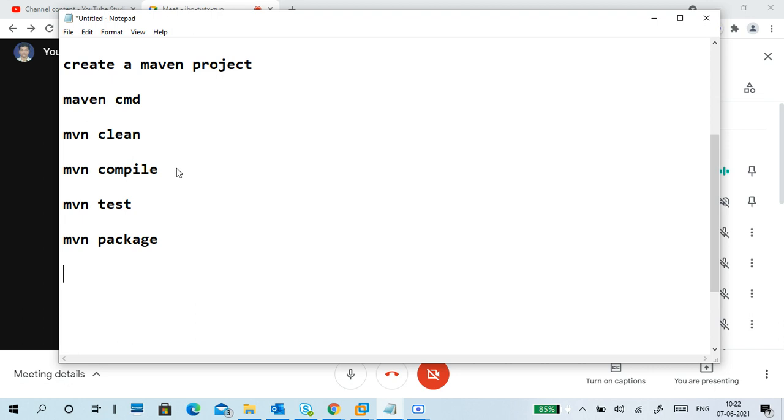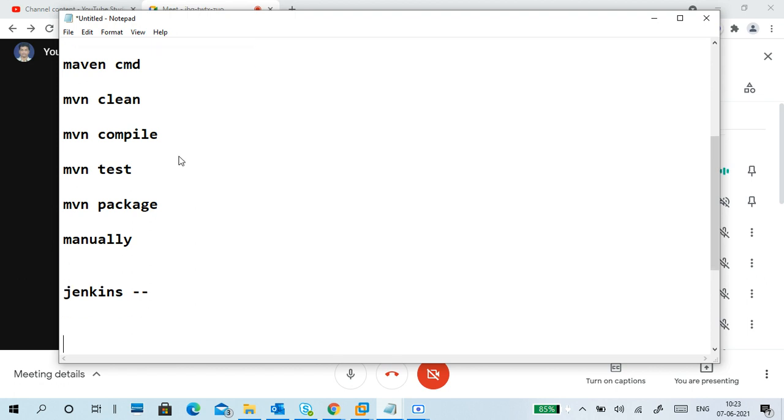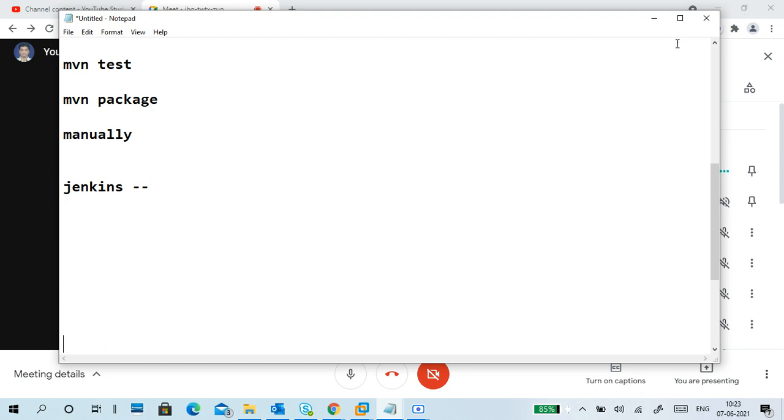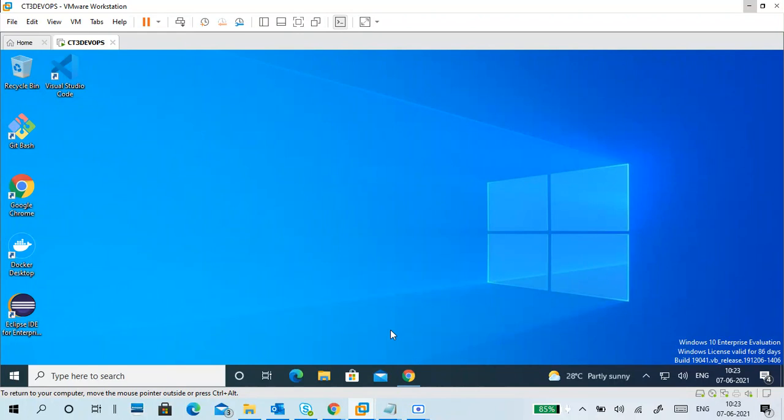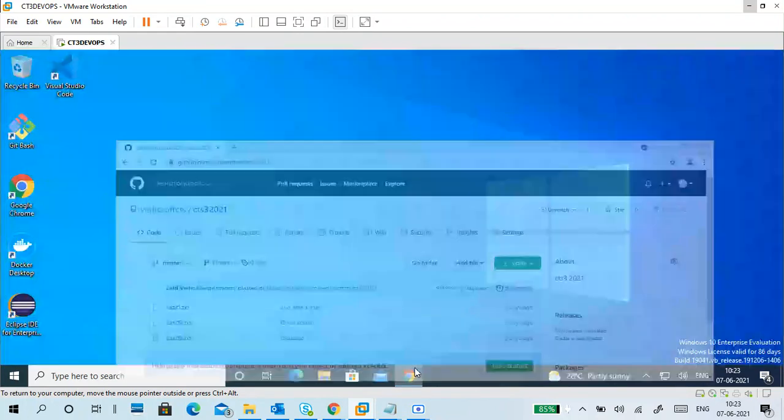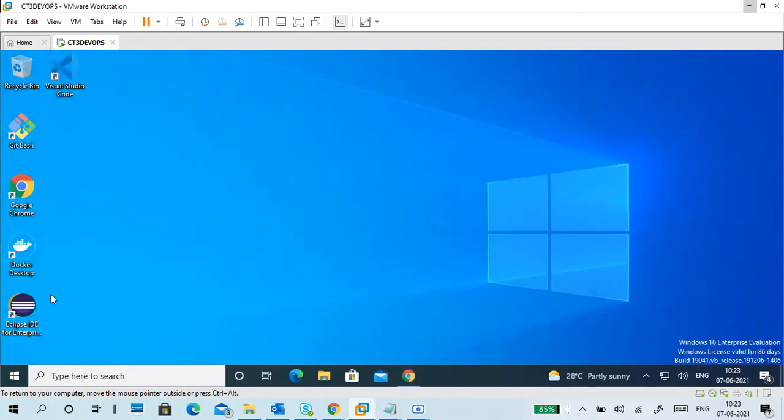First we will do it manually, then using Jenkins. So we automate. Using Jenkins also, we do Maven. I will show you how to do it with Jenkins also. First of all, I didn't open anything except my Docker, which is running in the background. No problem. First, I will open Eclipse.